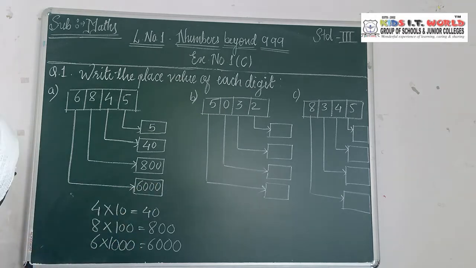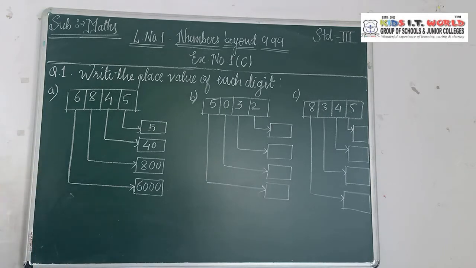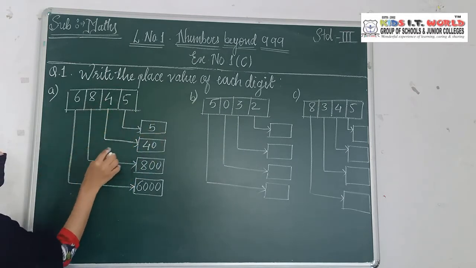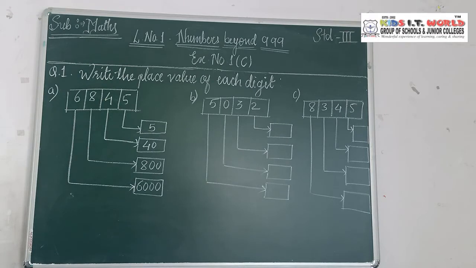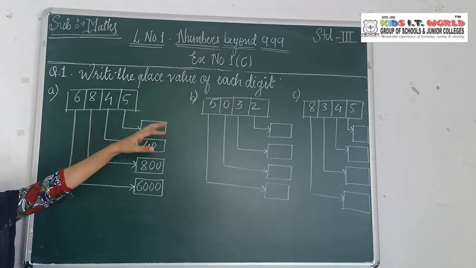Or the way I told you for the expanded form, you can use the same method for this also. Directly write down. For the ones you know that no 0 will come there. For the tens, on the tens we are having a 0. That's why we will write 0 with the 4. On the hundreds we know that we are having 2 zeros with the 100. So we will write 2 zeros with the 8. And on the thousands we know we have 3 zeros with the 1000. So we will write 3 zeros with the 6. So it will be 6000. This is the process to find out the place value of each digit.